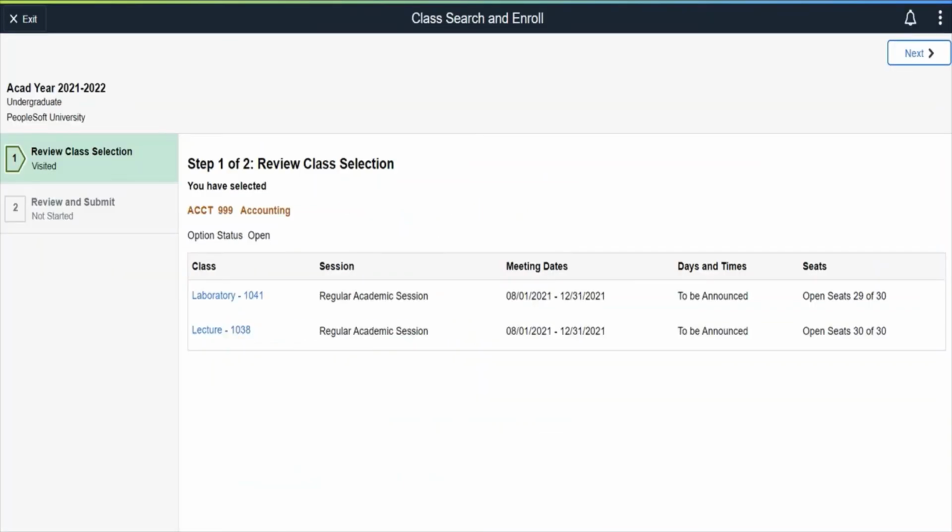In order to test our next scenario of student-specific add permission, we will log in to student Fluid Self-Service and again choose the course Accounting 999 and the class number 1041. You can notice here that there are only two steps: review class selection, and review and submit. The review class preference step is disabled. When you click on Next